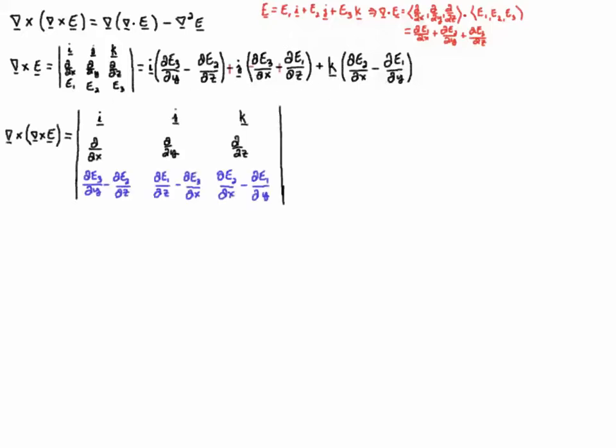Now, what we're going to do here before I proceed is distribute this negative sign, this -1, into this quantity here. That way I can keep my signs straight. So that means this middle component here is going to have a dE1/dz minus dE3/dx. All right, so keep note of that. All right, now we're going to take the curl of